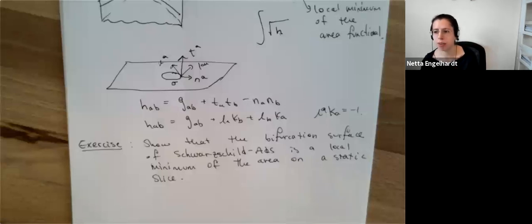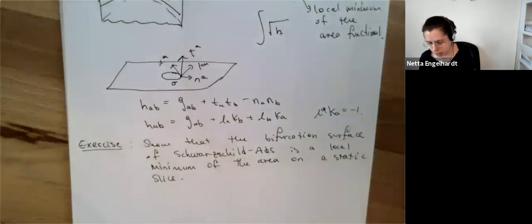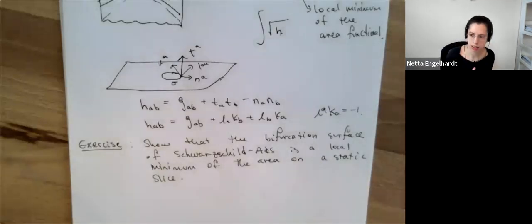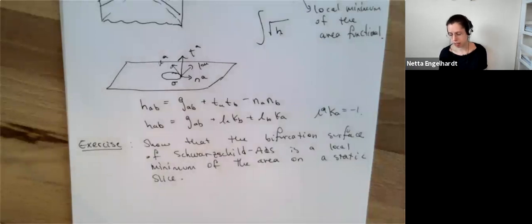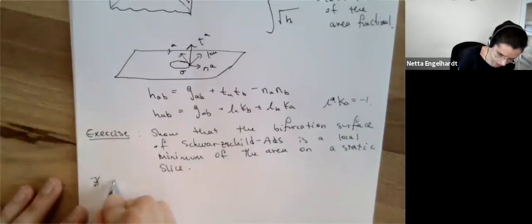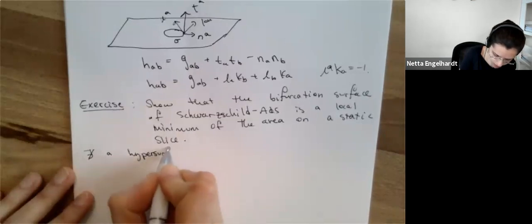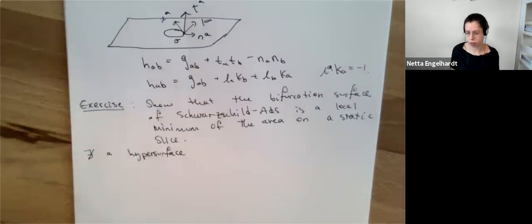So how do we navigate this particular hurdle? The difference between the empty set and the bifurcation surface of the event horizon is that the empty set is not, quote unquote, homologous to the asymptotic boundary. And so in particular, there does not exist a hypersurface H. Hypersurface here, I mean d minus 1 dimensional, or codimension 1,